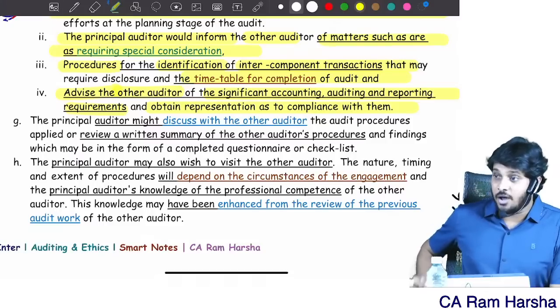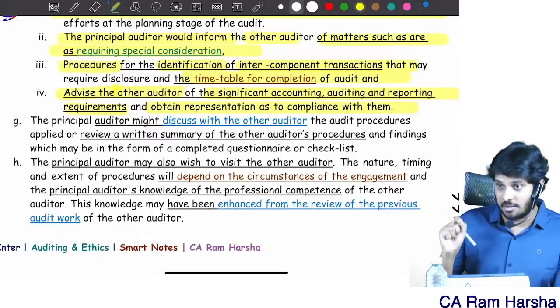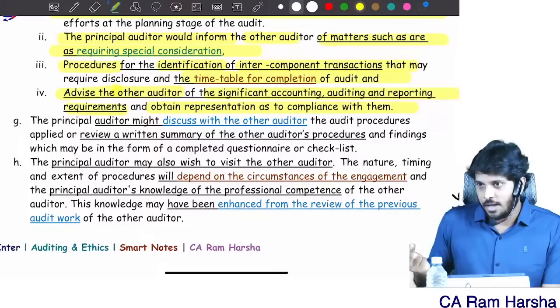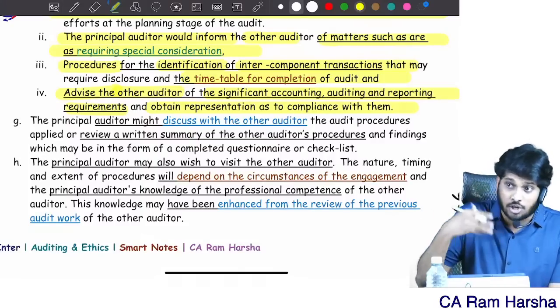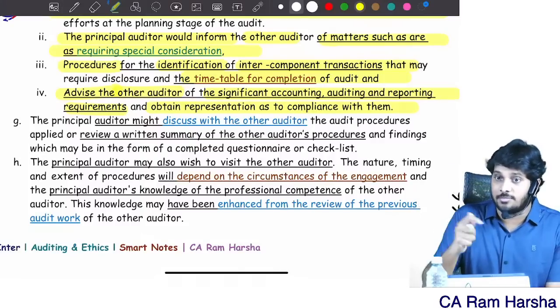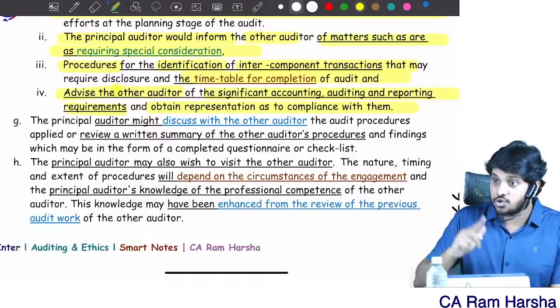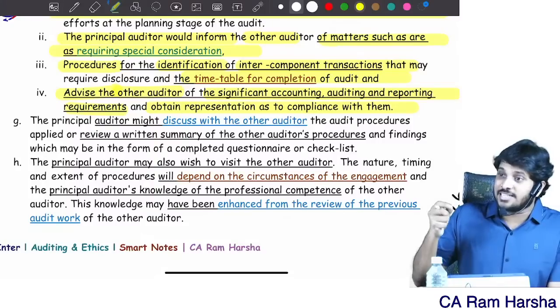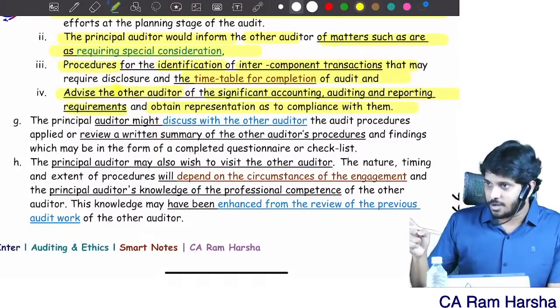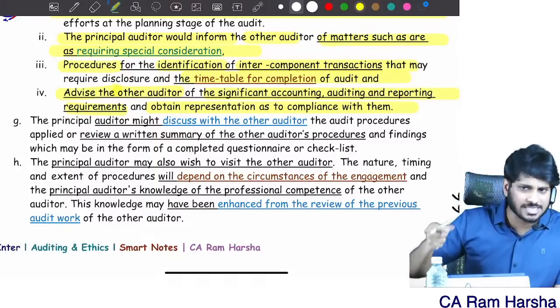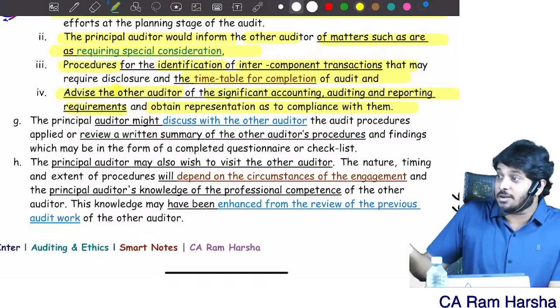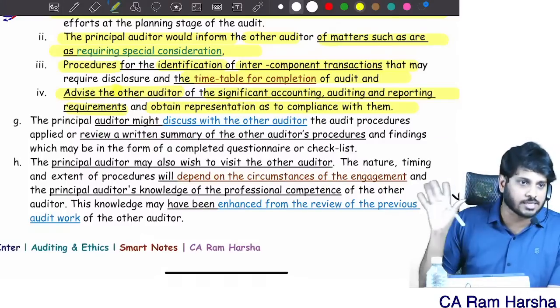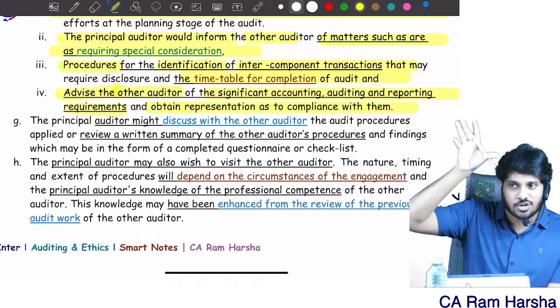I will tell them what all reporting requirements are applicable for this company. I should tell them because they may not know. They are only branch auditors. They don't know exactly what they need to report. So I should tell them, look, this is a company, CARO is applicable, so you also give a CARO report. Now I will get a representation that yes, they complied with it, whatever requirements and procedures I told them to do. I will get a representation from them that yes, they did all that. Clear. These are called what?